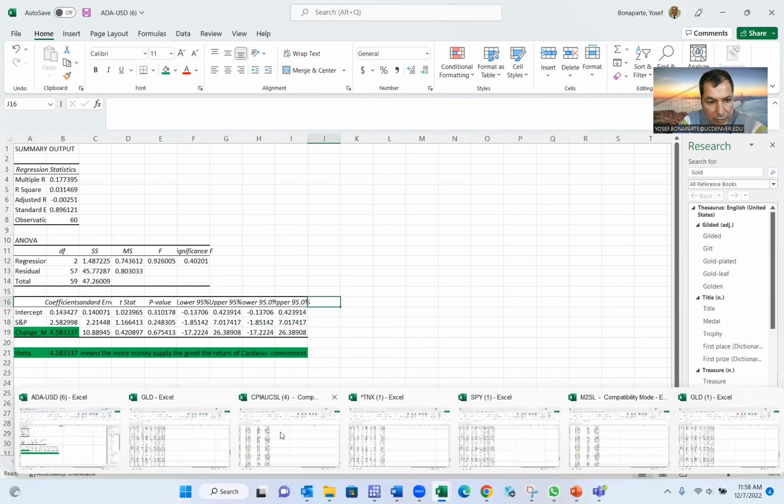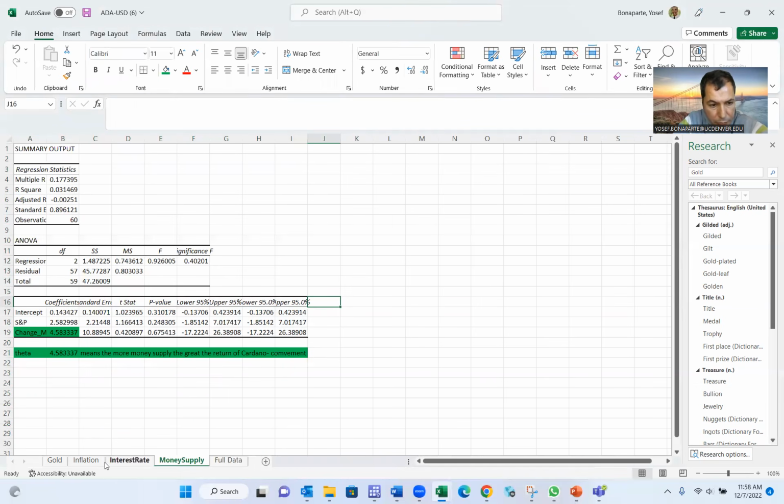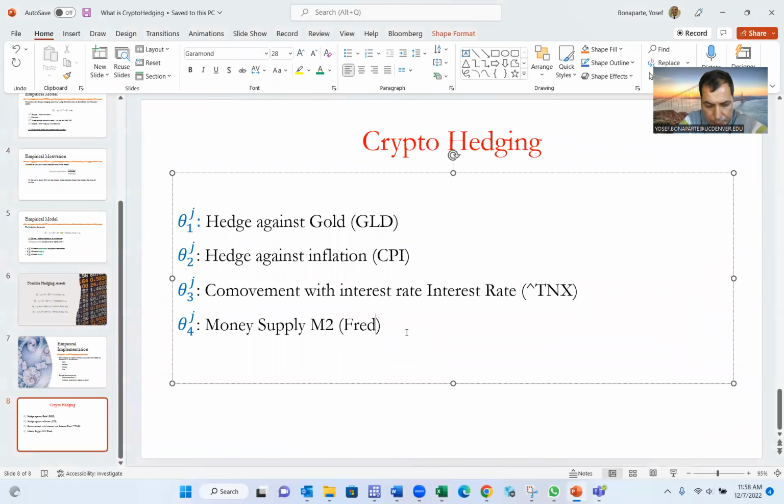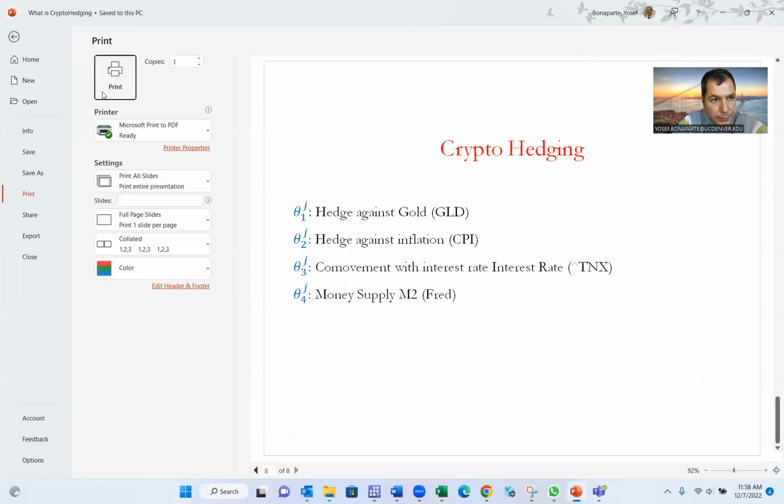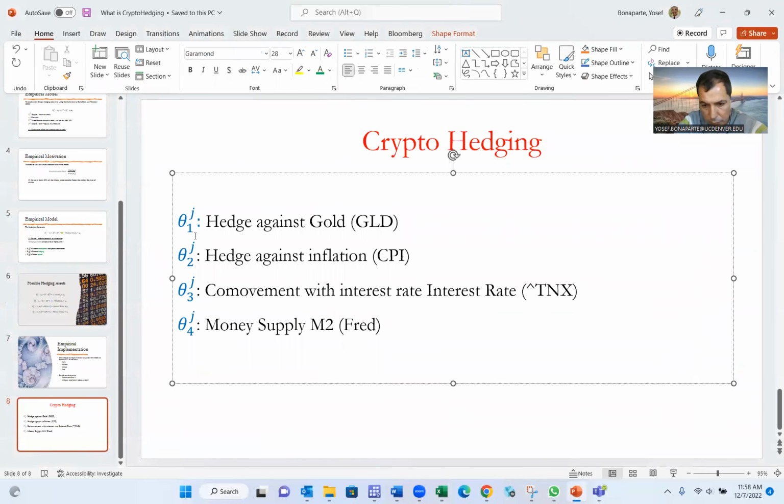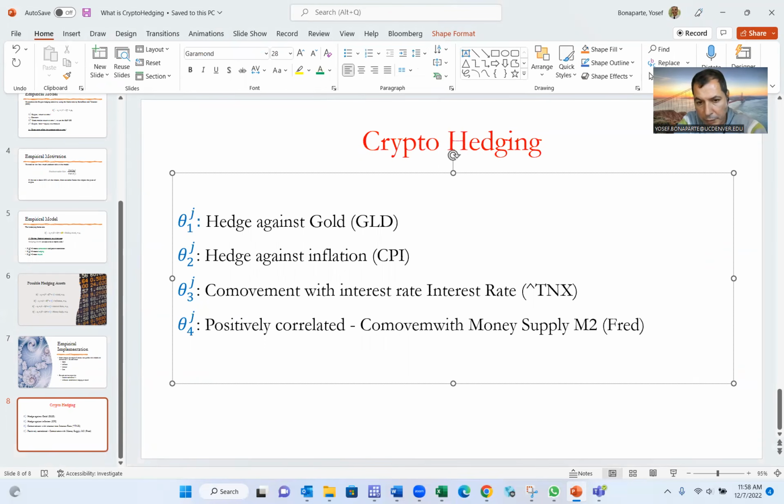Okay, so here you have it. That's the end. One, two, three, four, full data. Okay, that's the end of the analysis. Positively correlated with money supply, or movement with money supply. And that means